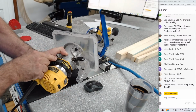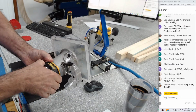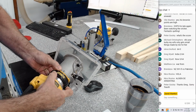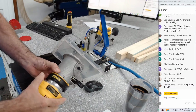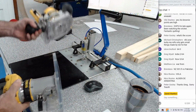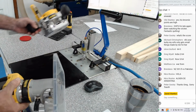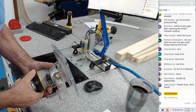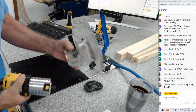it's got a 0. I don't know if you can see that or not. And then 1, which is 1/10 of a millimeter, 2/10 of a millimeter, 3/10 of a millimeter. You have fantastic adjustment with this. Don't use this base to try and make a trim router table, because you're not going to have the same control. This is going to give you brilliant control. Right, so once you've done that, you take it out, turn it off of course, take it out of the base,